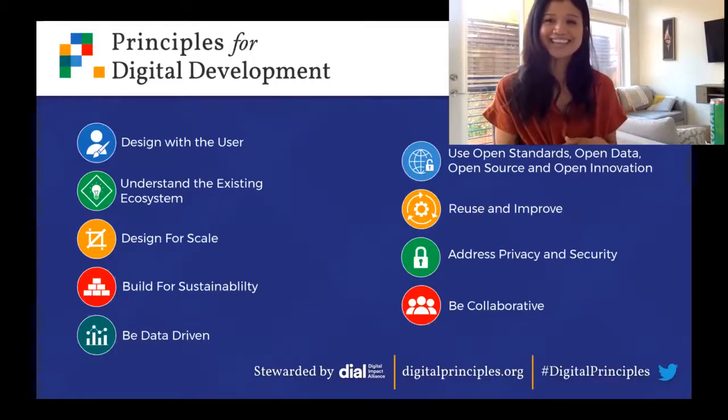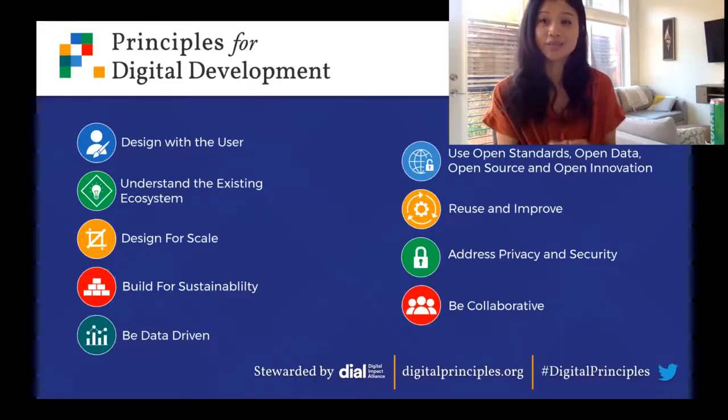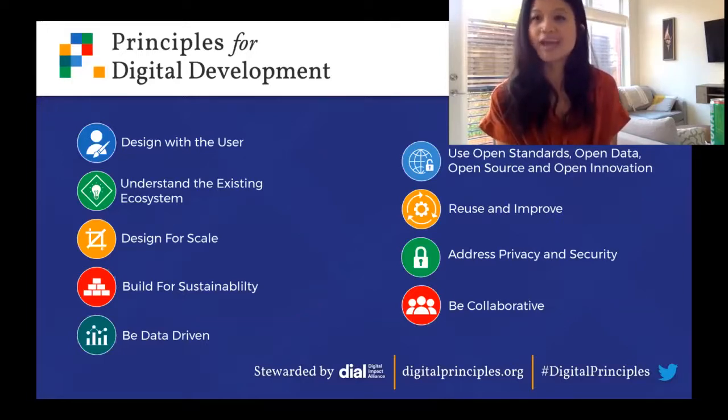However, in the same vein, one issue that one might have with open data is addressing privacy and security. So, although the principles do encourage sharing resources and learnings, it's important to keep that balance, find what works for your context and your program, and again, like design with user, keep the best interest of your stakeholders whose data is being collected at the forefront, and pretend like it's your information, and really try to build in safeguarding practices. And all that is to really say is to be collaborative, our final principle.